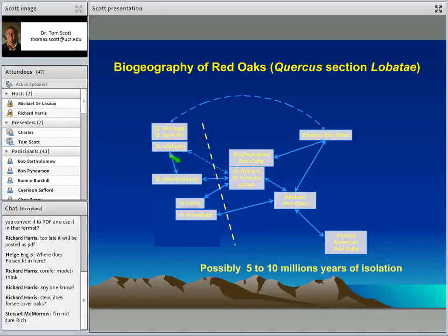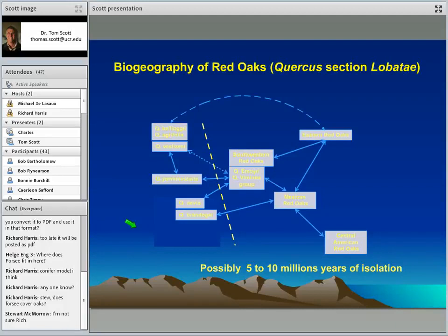And I wanted to reinforce that by just talking about the fact that the common red oak species that we have in California have probably been somewhat isolated and evolving on their own from the red oaks in the east for probably 20 million years, and the high density of species in the Mexican red oaks for probably 5 to 10 million years. And so we really do have kind of a unique situation with our hardwoods in California with a Mediterranean rainfall system being divorced from the eastern red oaks for an exceptionally long time.